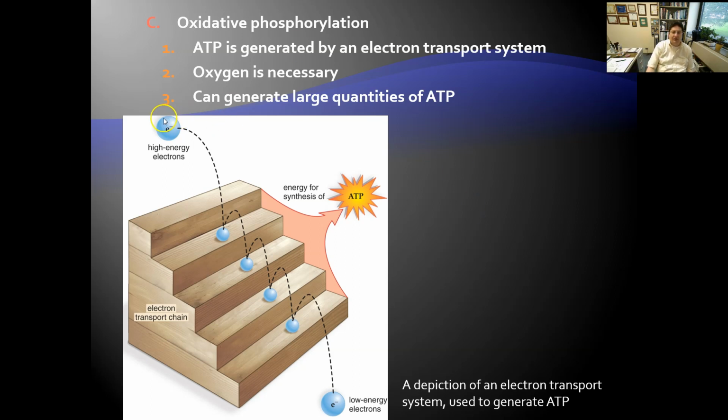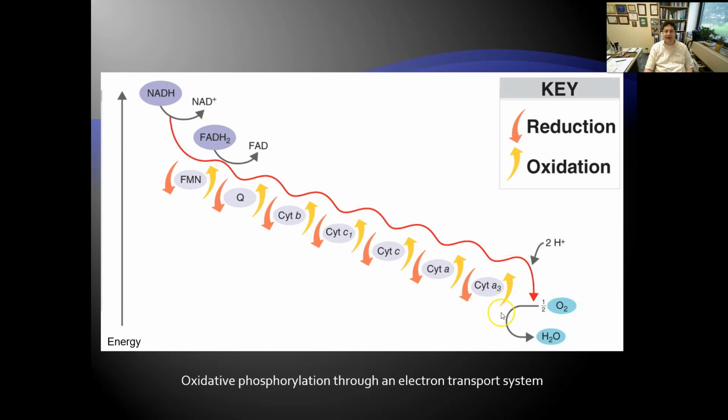So we can see here, here's my initial electron, and we're going to bounce it down this chain from molecule to molecule to molecule. Every time we transfer an electron from one molecule to another, it loses a little bit of its energy, and that energy can be used to make ATP. This is called oxidative phosphorylation. Here we see it in reality. We know what the molecules are that these bounce around to. Notice the yellow and the orange arrows here. Look at all the oxidation reduction going on. Anabolism and catabolism. And we're going to make a large quantity of ATP.